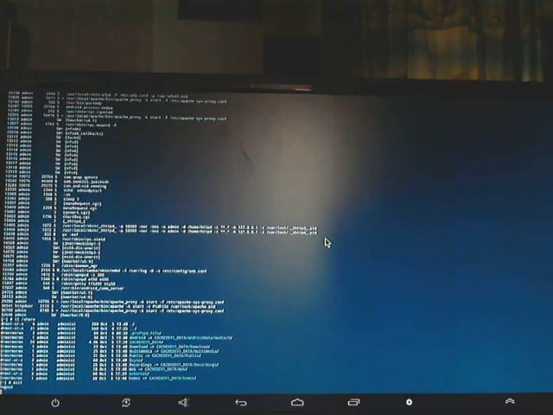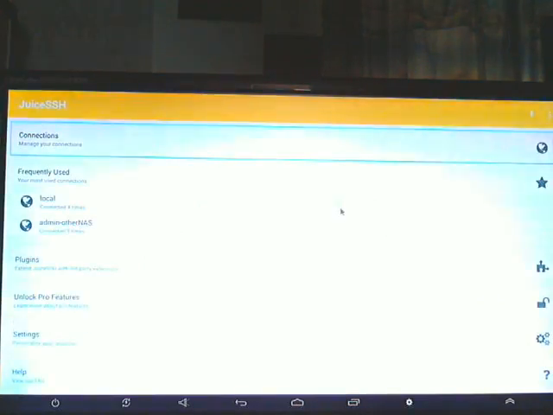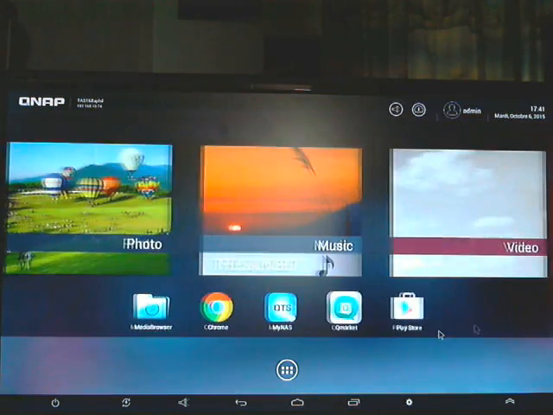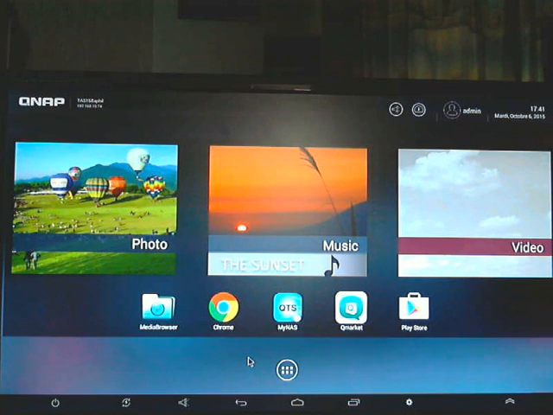So you have full access to a lot of applications directly on the screen using an Android system, but inside a NAS system. You also have some specific menus to complete both.